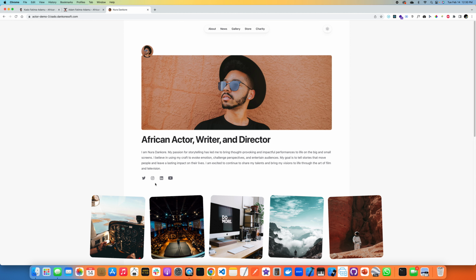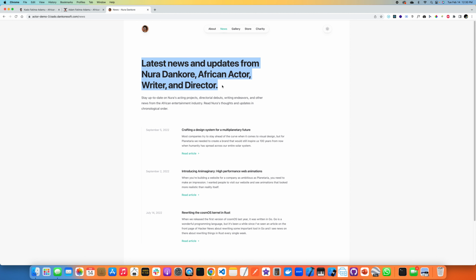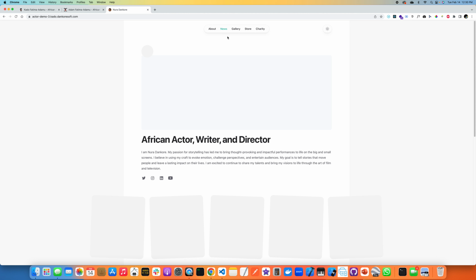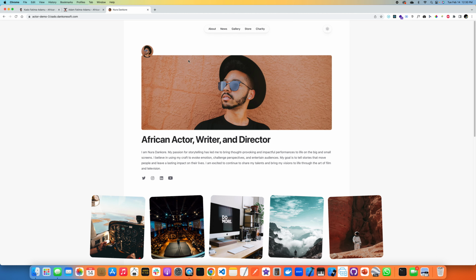Let's go to the last template. Now, right off the bat, this one includes the news section. So if you're an actor or an artist that wants to publish blogs yourself about anything, this will be a good template for you. You would have that opportunity to do that. But let's not get ahead of myself. Let's take it from the landing page or the front page. So you have your image, very large. You can make this as large as you want, as tall as you want.